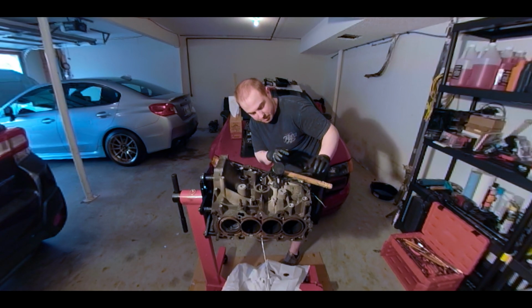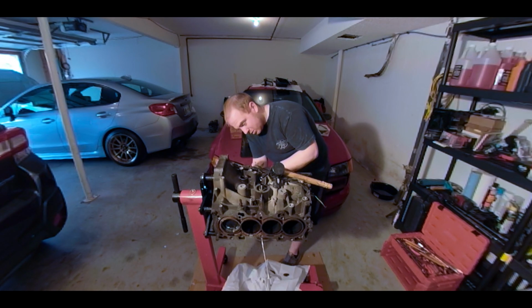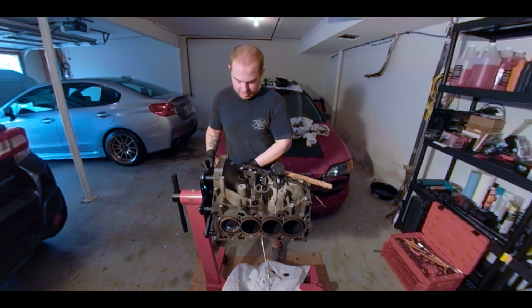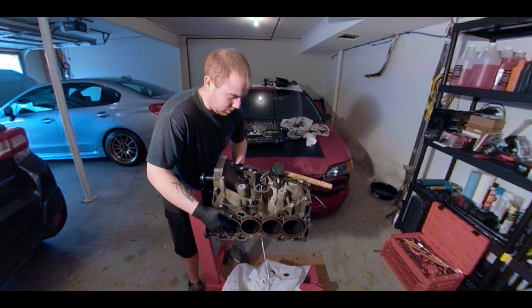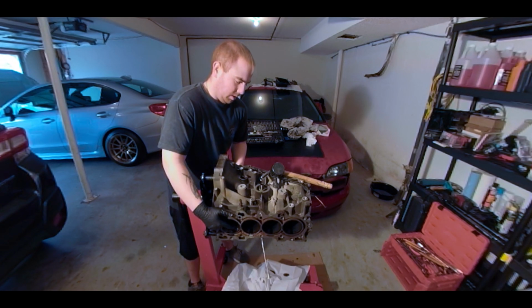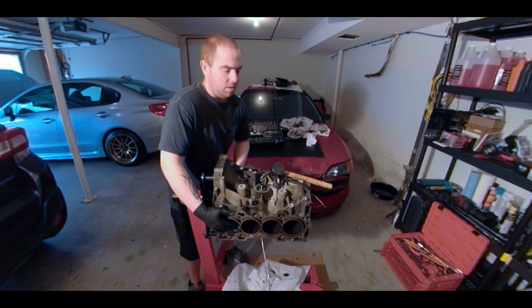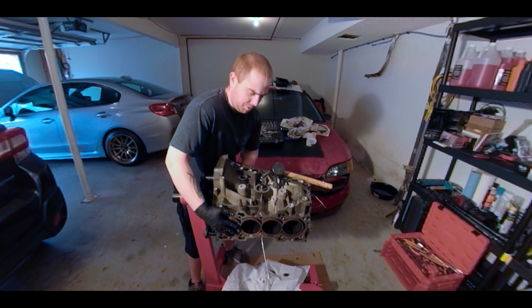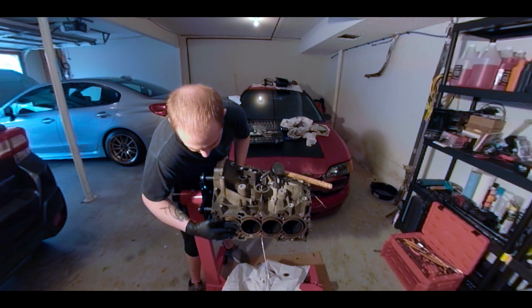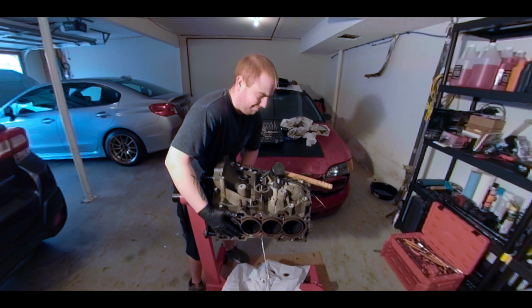But before I use the handle, I'm gonna try to push it forward just a little bit. It should push forward on its own, right? Now, be careful because there's another bearing on the other side of the connecting rod, right? So, if you can get your hands in here, because this one's coming out pretty easily, maybe. Try to keep the connecting rod from moving, and then just push it forward with your hand. And it gets to the point where it's a little tough, right? I got the other one out with my hand, but